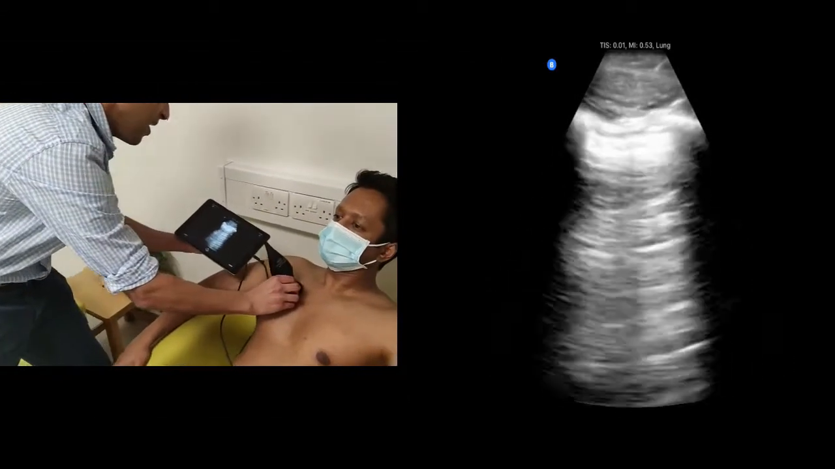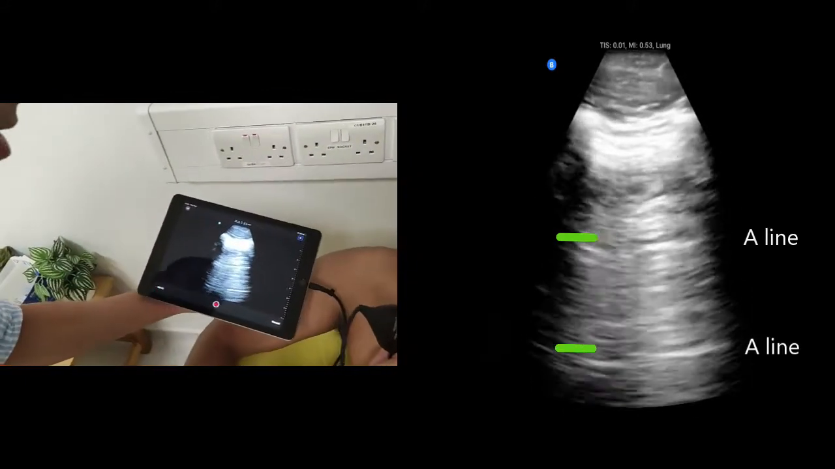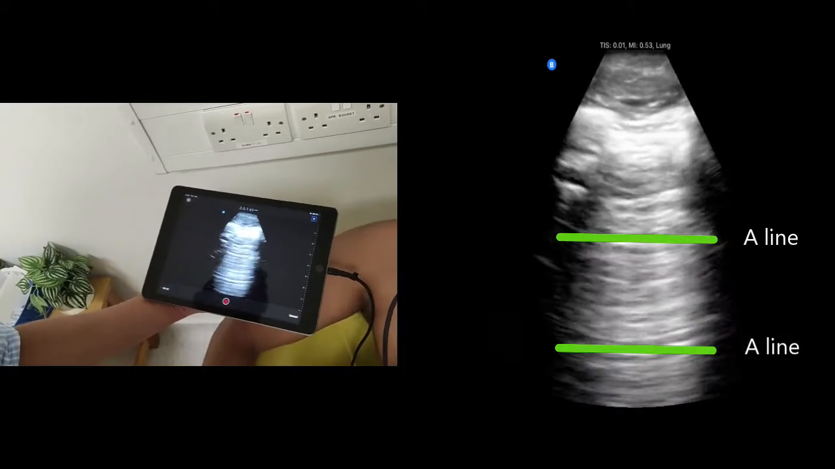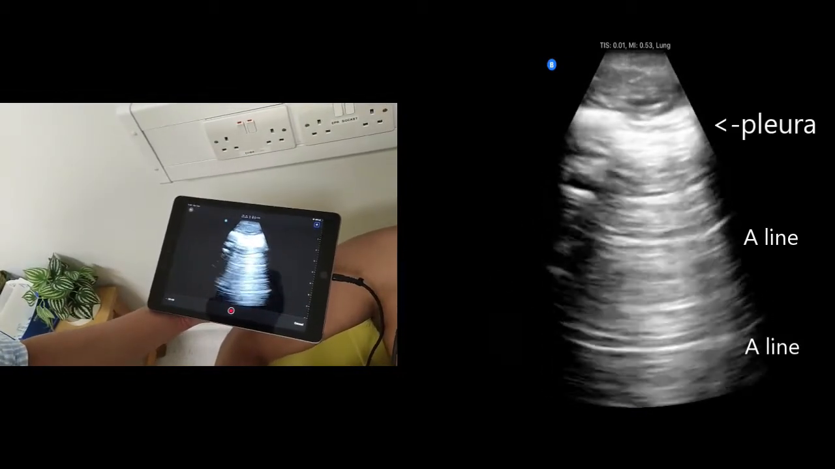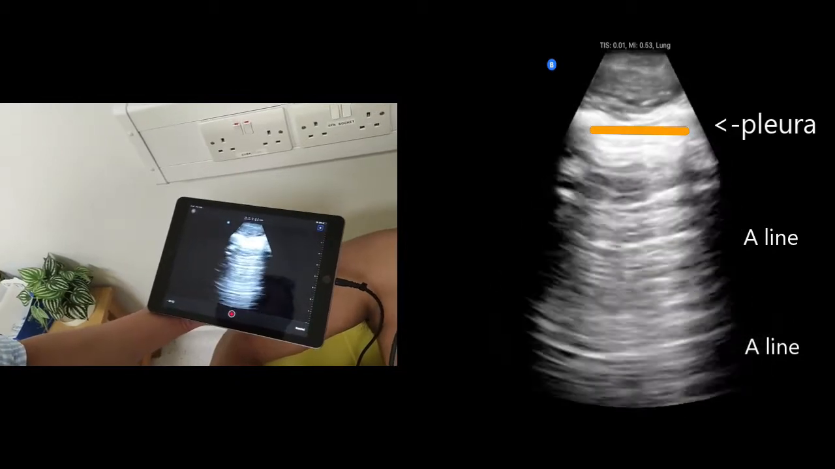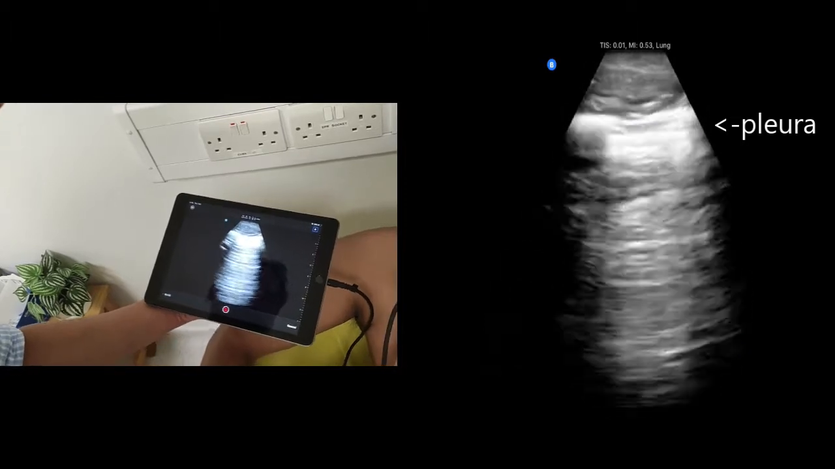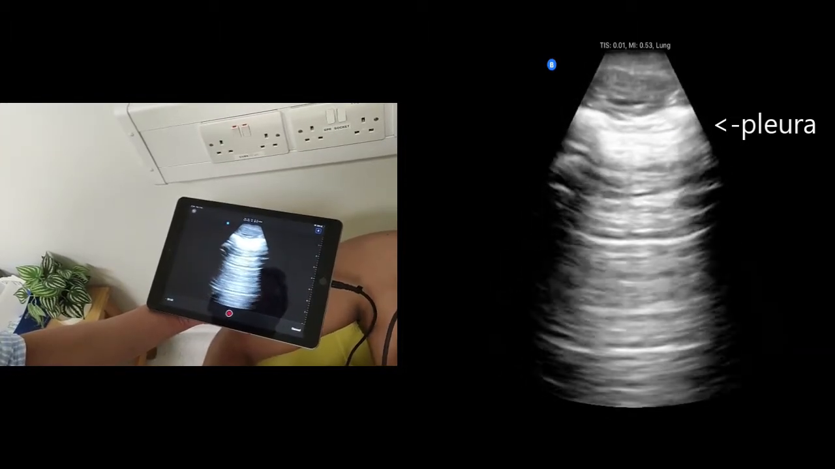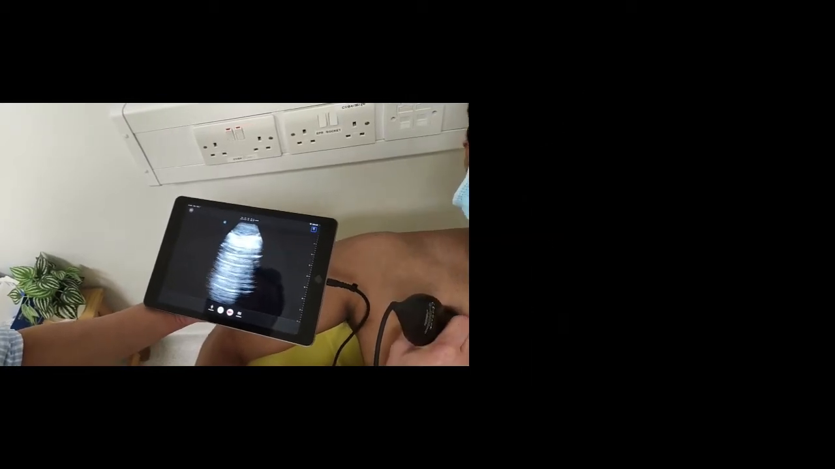that there's a lot of horizontal white lines, and these are called A lines, and they are normal and found in normal aerated lung. And what they represent is essentially an artifactual repetition of the pleura. So the ultrasound waves hit the first white thick line at the top, that's the pleura, and because the lung is aerated and ultrasound doesn't go through air very well, the ultrasound waves just bounce backwards and forwards and create